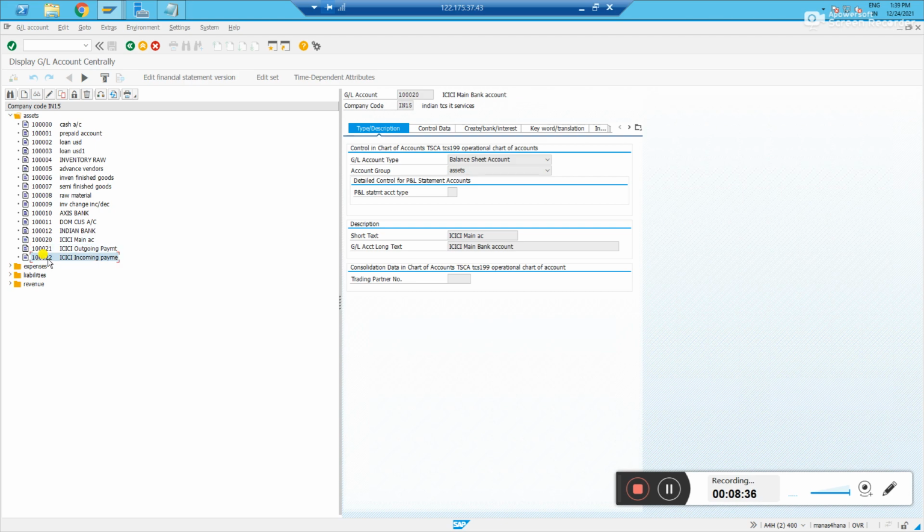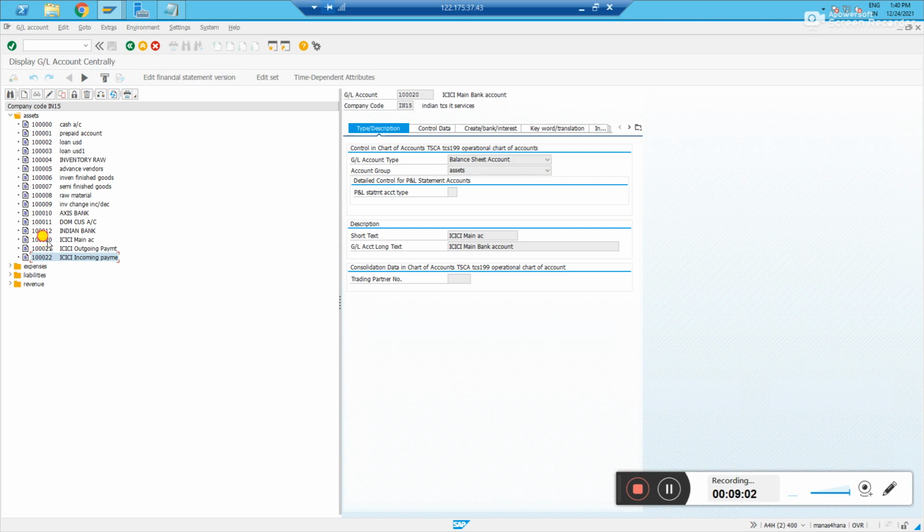Why? Because in real time also, clients follow this process. It is easy to understand: if it ends with 0, that is my main bank GL account. If it ends with 1, it means my outgoing payments. And if it ends with 2, that is my incoming payment GL account.